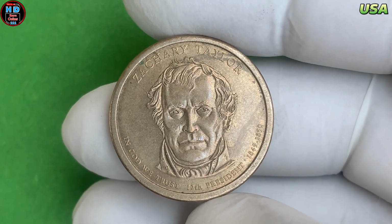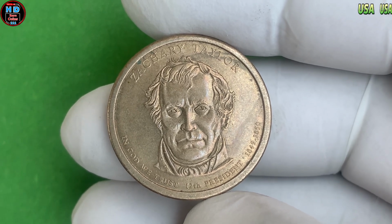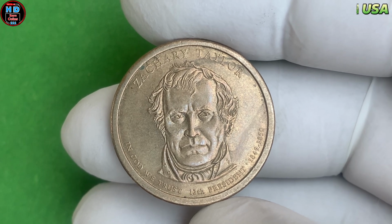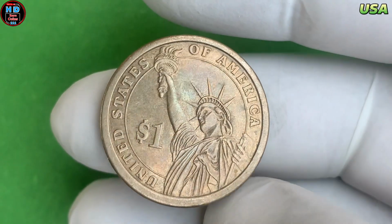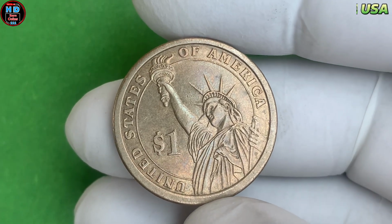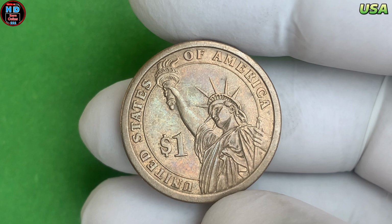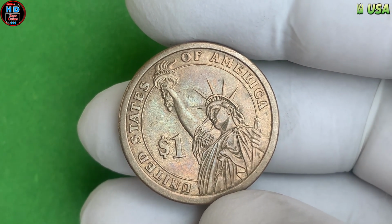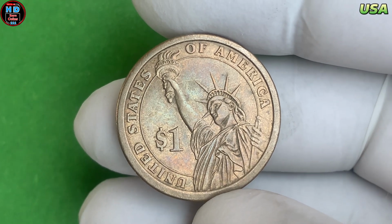One such rare Zachary Taylor coin was discovered in pristine condition. Experts in the coin world examined it, verified its authenticity, and graded it as one of the highest examples ever found. It wasn't just beautiful, it was historic. It represented a moment of precision, an accident or miracle of minting, and an iconic American figure brought to life in golden tones. Collectors didn't just see a coin, they saw a chance to own a part of American history